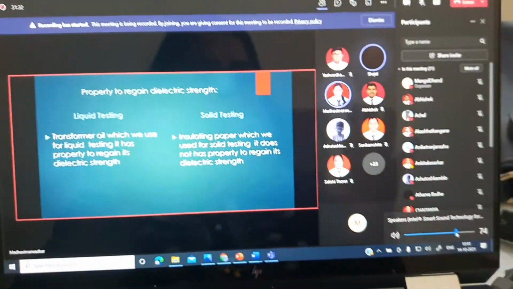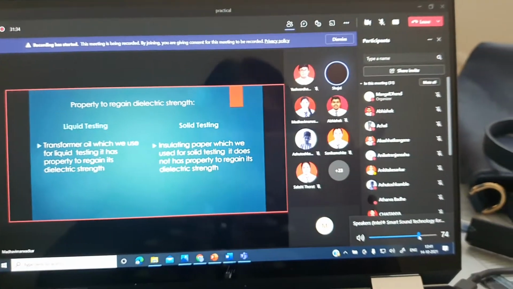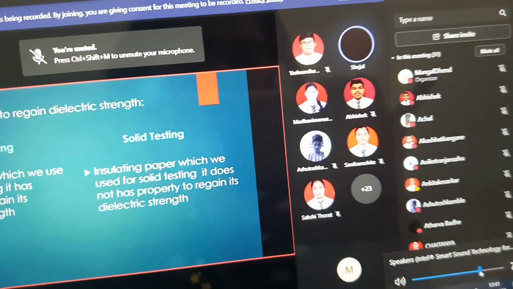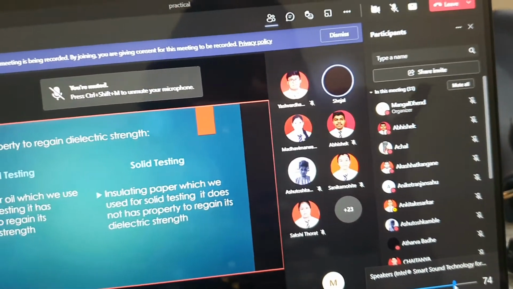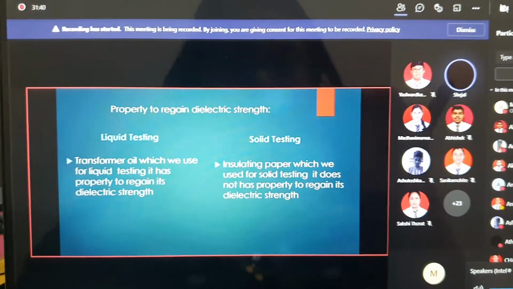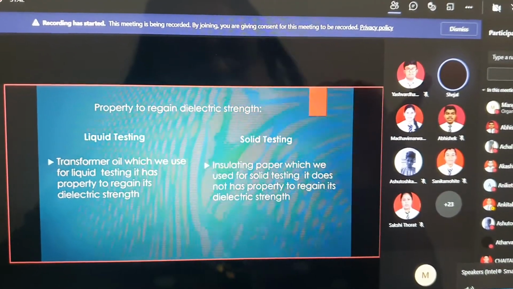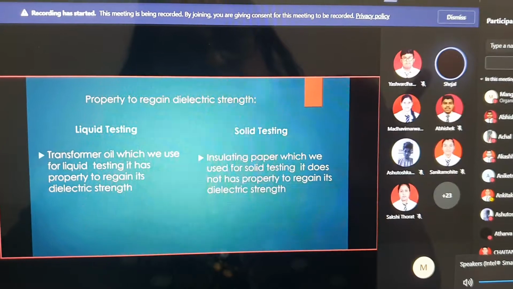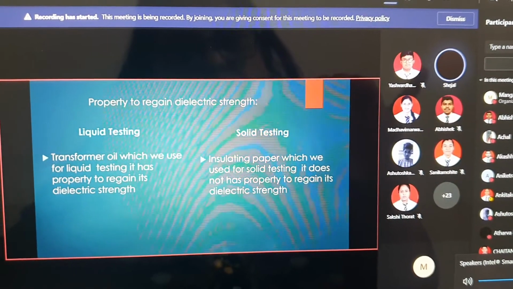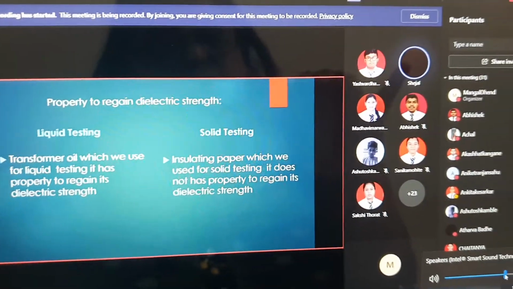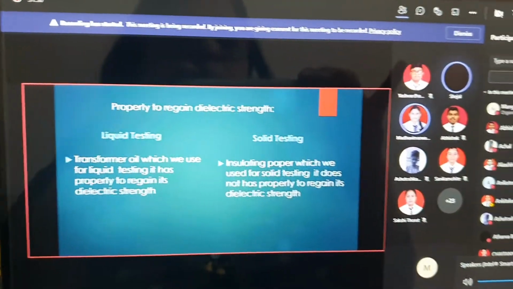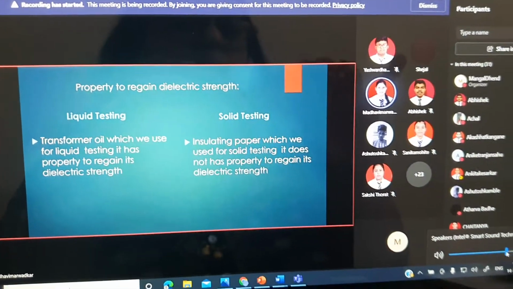Yeah, in paper, the dielectric strength varies in the range of 3 to 8 on average with its thickness, and it also withstands temperature, and its ability is much higher. Yes, so let's see the next point.